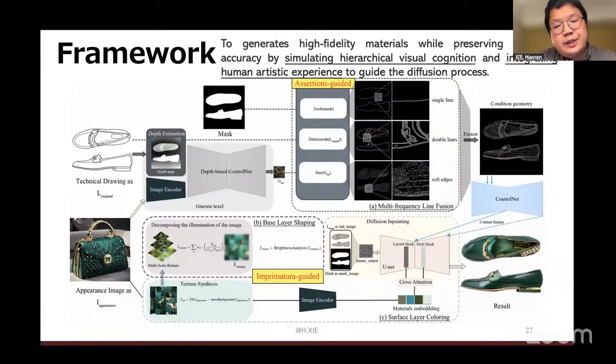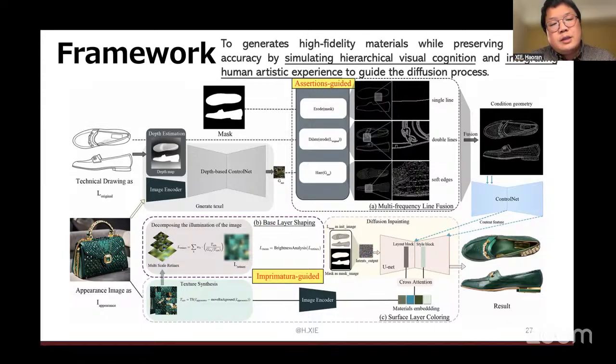Basically, the idea is here. The backbone is quite common: it uses an IP-Adapter and ControlNet to combine together a strong control and a weak control. But what we specially add is the input.